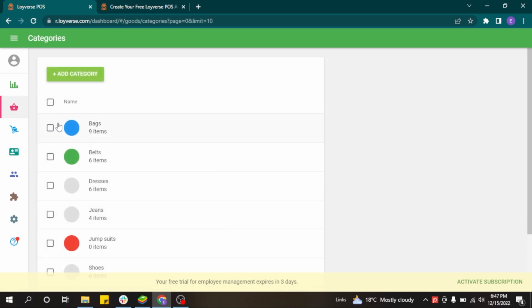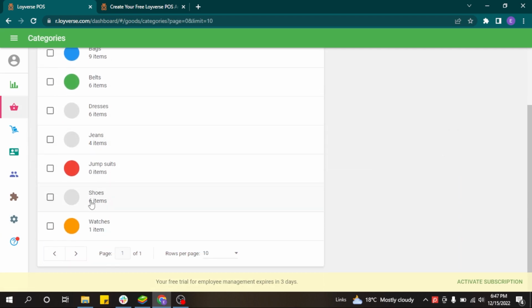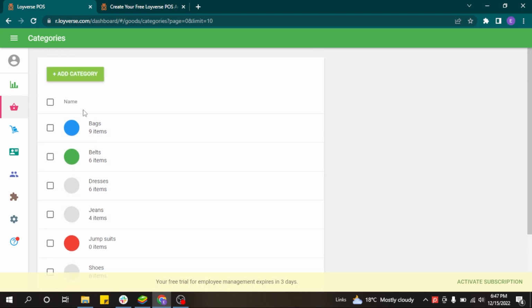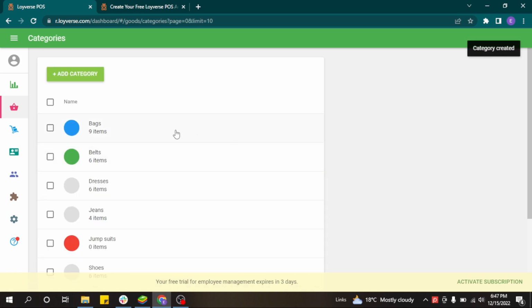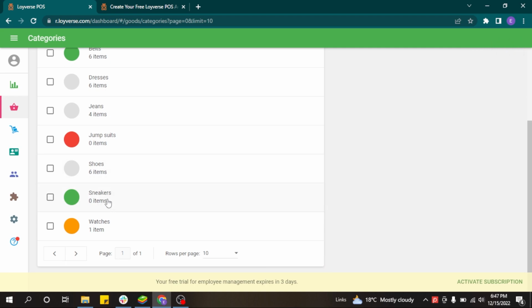So you click on the category menu, and I have already, as you notice, configured some categories. I can add a new one just by clicking on the add category button. I can indicate the name for my category. I am selling clothes, for example. And I also am selling shoes, so I will write sneakers, for example, and I will choose a color and save. After adding my categories that I want to use, I have added bags, belts, dresses, jeans, jumpsuits, shoes, sneakers,